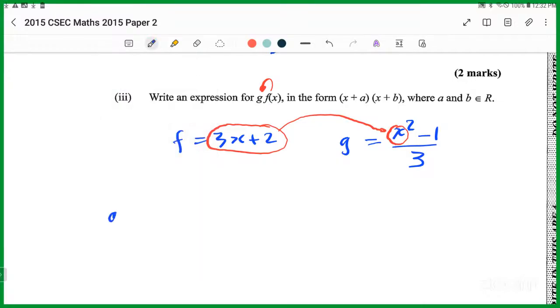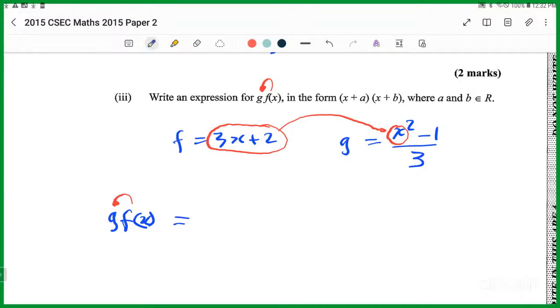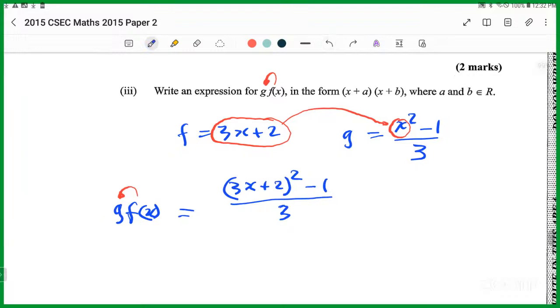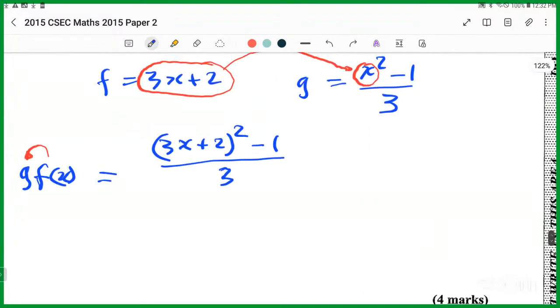So it is g of f of x, which I just said means f into g. So that result becomes equal to, when I put f into the g where the x is, I'm going to have the entire f there right away. So I'm going to have 3x plus 2 all squared, minus back this 1, divided by this 3. But I want to answer in this form, which says that we're going to expand out and factorize. Let's expand this out and be careful now. Still not a lot of space to work with. So this becomes equal to